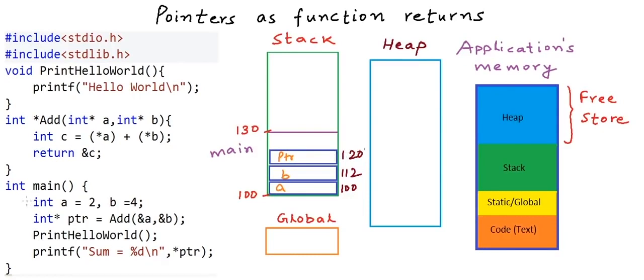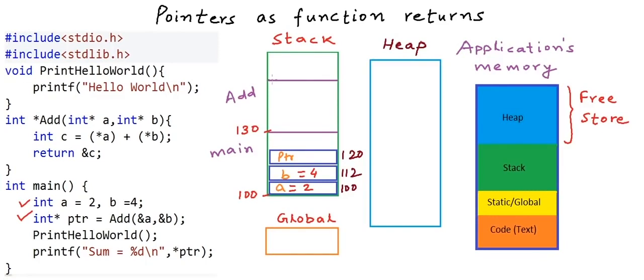Now when the main method comes to the line where it is calling the add function, its execution will pause, and now memory will be allocated for the execution of add. At any time, whatever function is at the top of the stack is executing. The main method will wait for the add function to complete and return. So here I should say a is equal to 2, b is equal to 4, and now add comes here